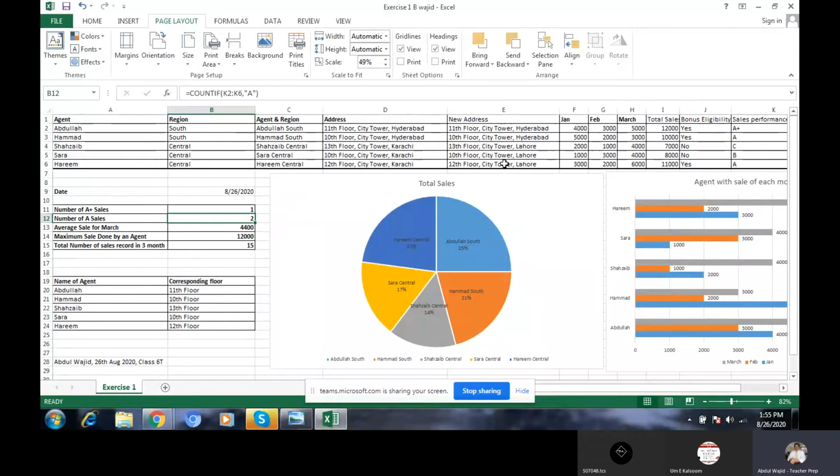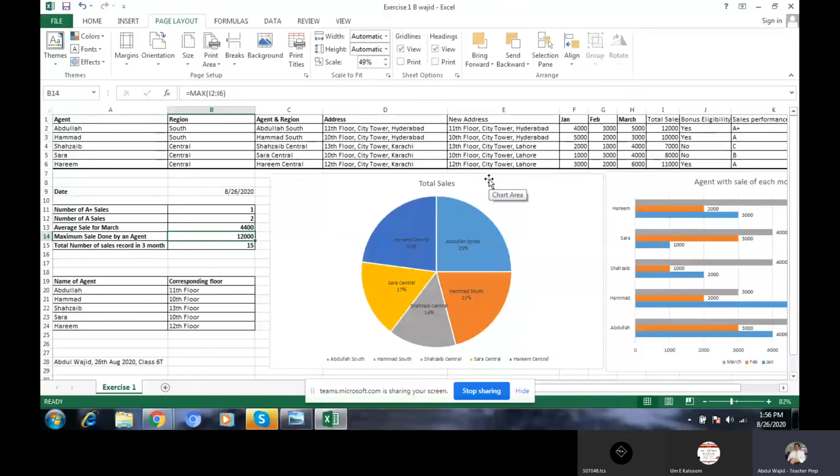Okay, now we perform that. F2 there. Now this COUNTIF counts where the cell is A, that K2 to K6; give the range and give the grade. After that, we have the average of which one? H2 to H6, where we need March only. If you double click on it, F2, yes, now it is only for March. It will display the average.